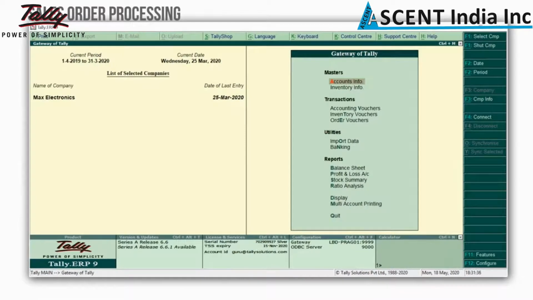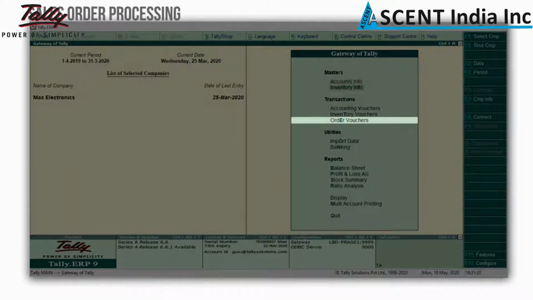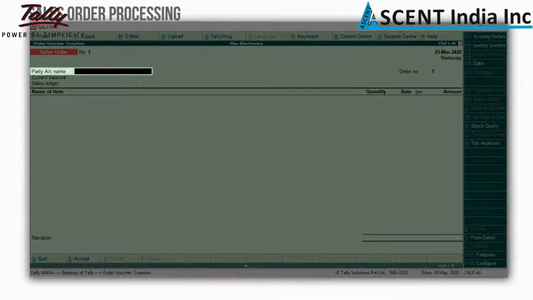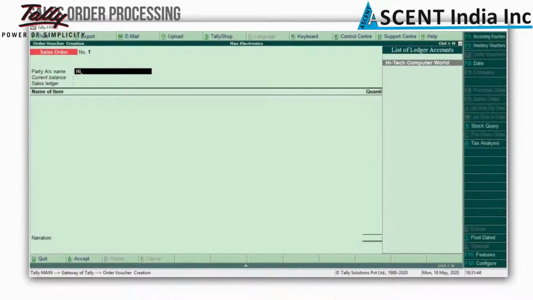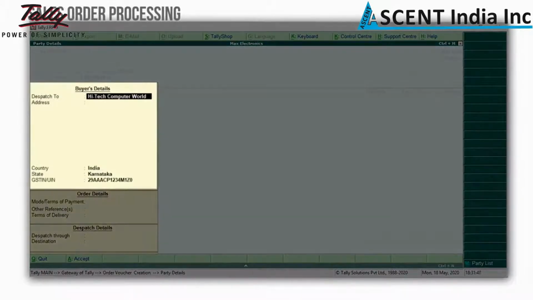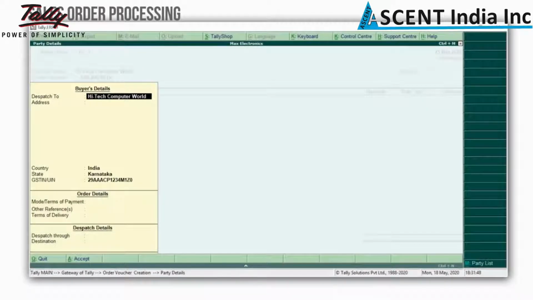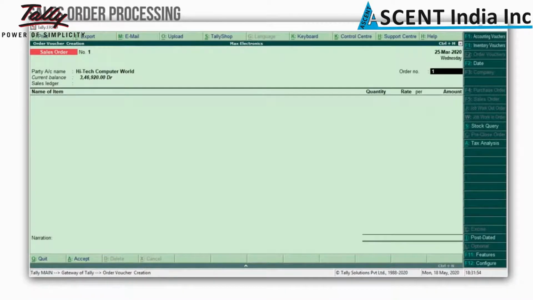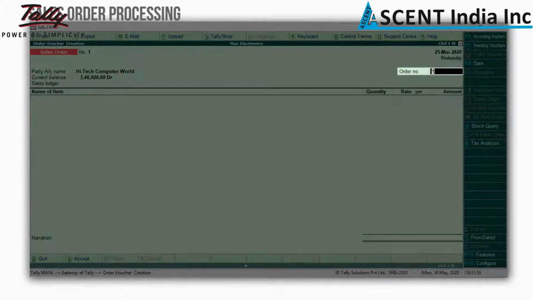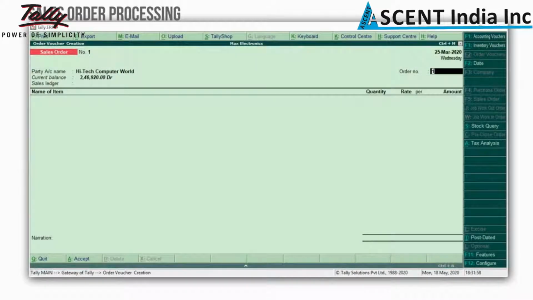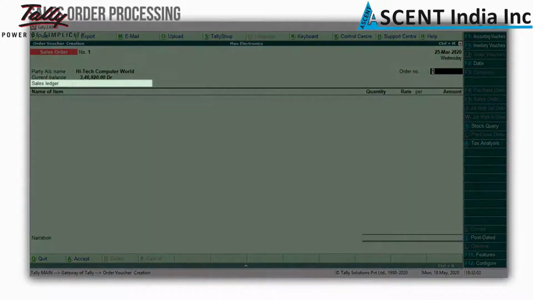To record the sales order, select Order Vouchers, press Enter, select the customer's ledger. I will select High-Tech Computer World. The customer's details are automatically captured from the ledger. Press Ctrl A in this section. The order number will be captured automatically. However, you can change it as per your wish or predefine the order number format. Select the sales ledger,